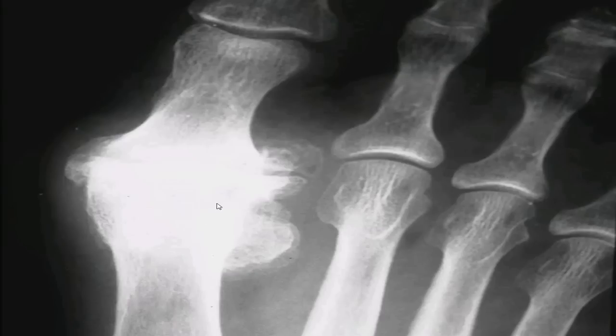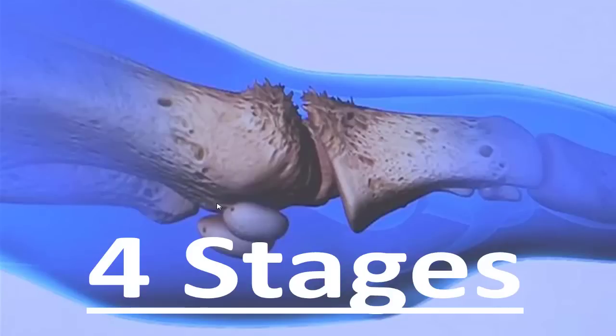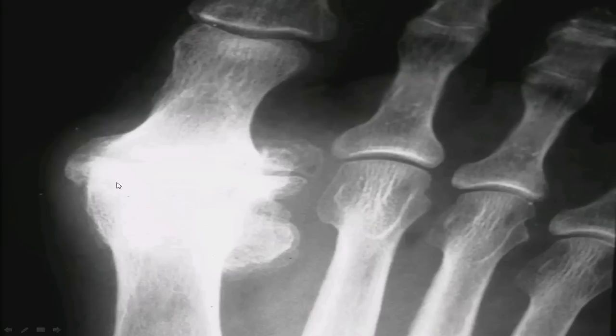So, what are you going to do about this? And how do you know how bad it is? Well, what happens is as you start walking around, the cartilage starts to break down in the joint right here. And then the bone starts to rub, and see this joint space right here? The bone starts to rub, which would normally be protected by cartilage, and it becomes kind of spiky and uneven and unpleasant, I guess is a good way to see it, until the joint fuses and kind of locks in